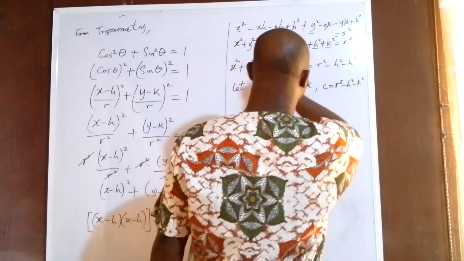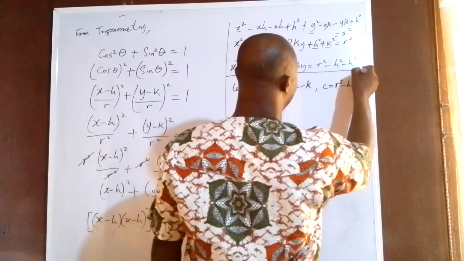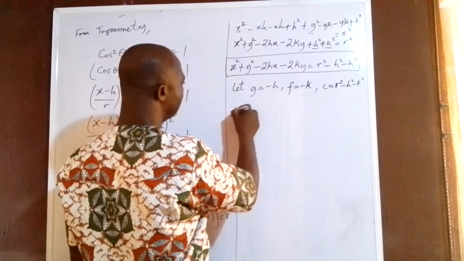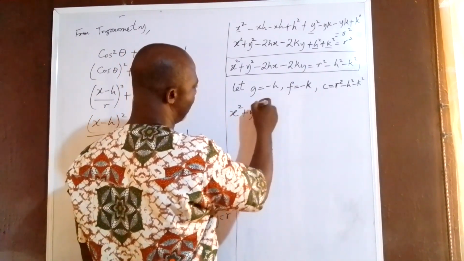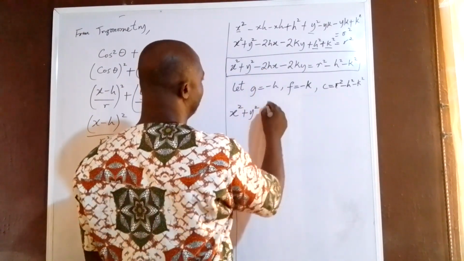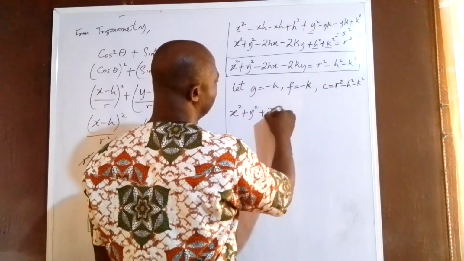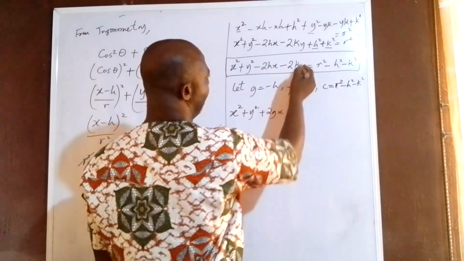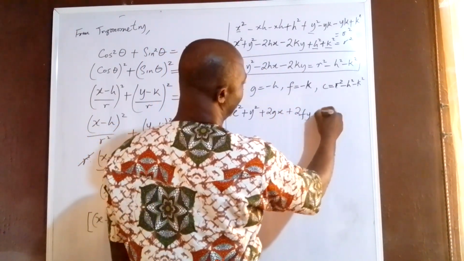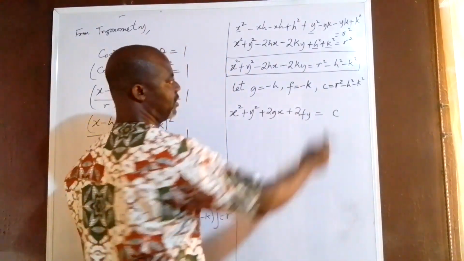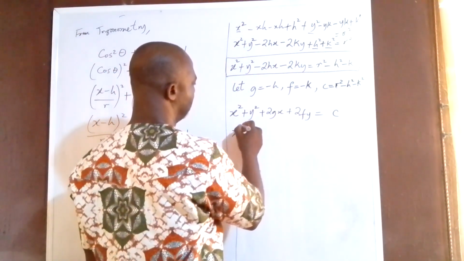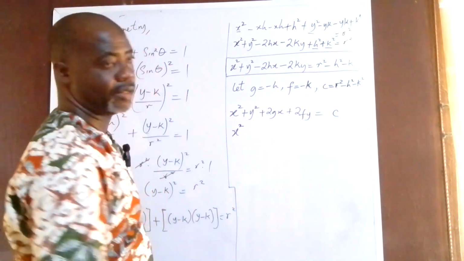So this equation now becomes x squared plus y squared, and then minus h becomes plus 2gx. And the whole of this now becomes plus 2fy. And then equals c. That is for the whole of it. And then we have x squared. So to write this now in the